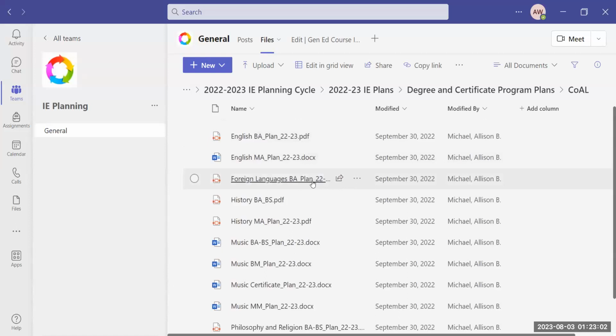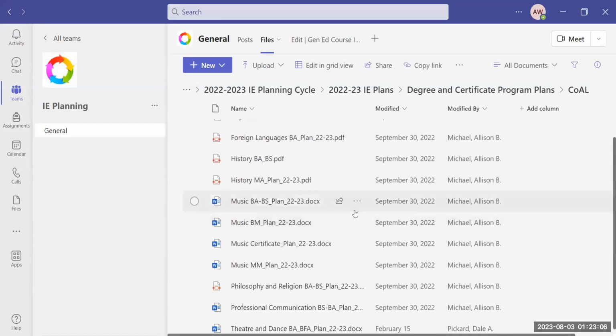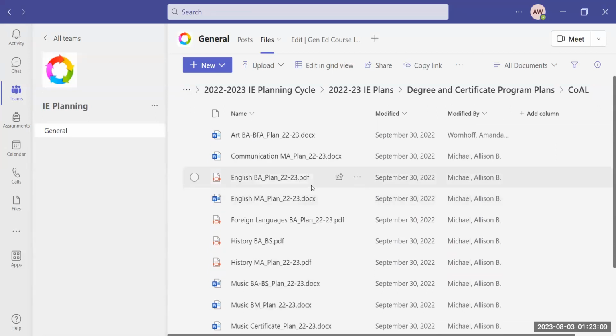So then you can open it, you can download it, whatever you want to do with your plan. Some are in Word, some are in PDF, but you can find the plan that was submitted. That is what you will use to generate your results report. So if we go back to files,